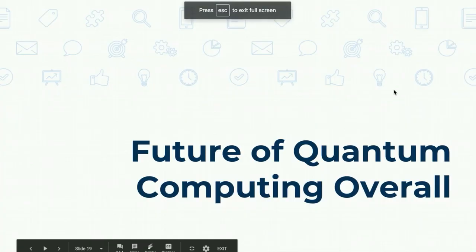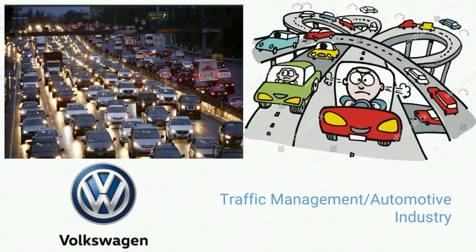Now a brief overview of the industries that quantum computing will have a big impact on. One of them is traffic management in the automotive industry. Current traffic models are hindered by the fact that they can only process so many tasks at a time, and traffic has a lot of moving parts. In traffic optimization, which quantum computing will do, there will be algorithms that can process and optimize more data quicker and more accurately. This can help in the eventual deployment of autonomous cars, as algorithms can then put them on the quickest path and keep congestion to a minimum.